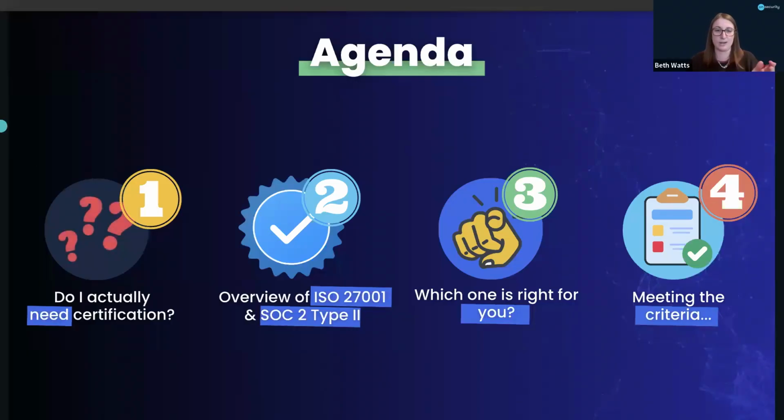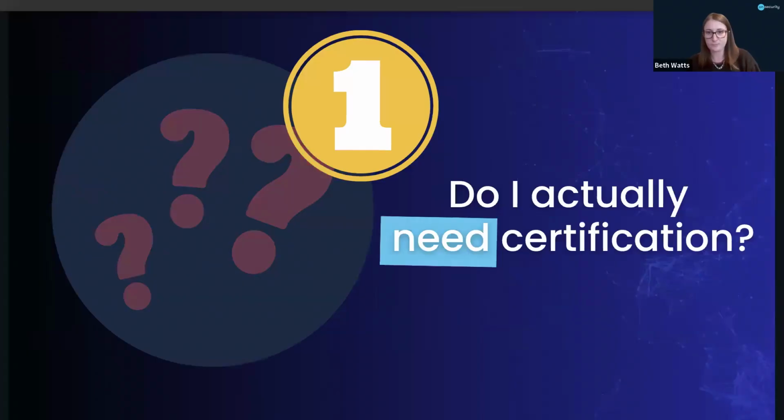And then we're going to move on to, say you've already decided which one you're going to go for, how can you make meeting the criteria as easy as possible? So that's kind of what we're just going to cover very briefly. And so just to start us off, really, I think a lot of organizations probably think this: